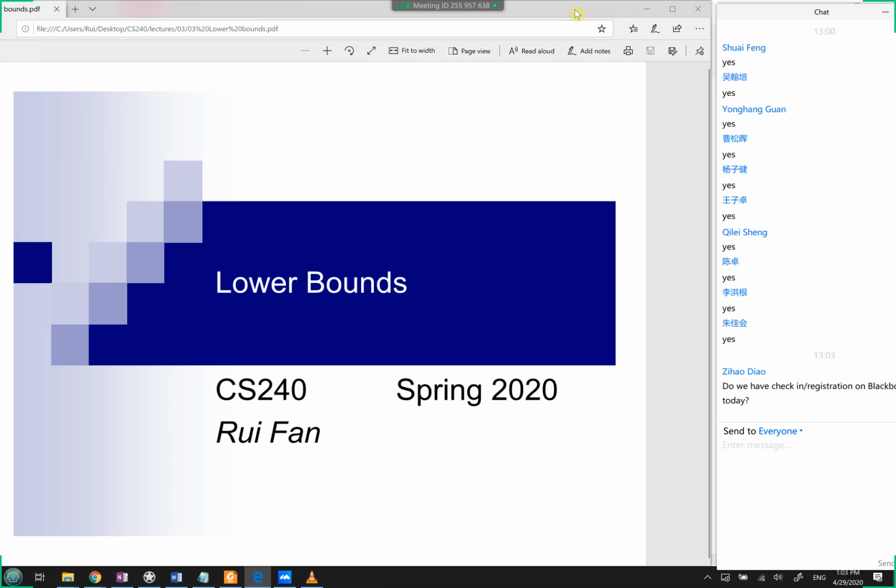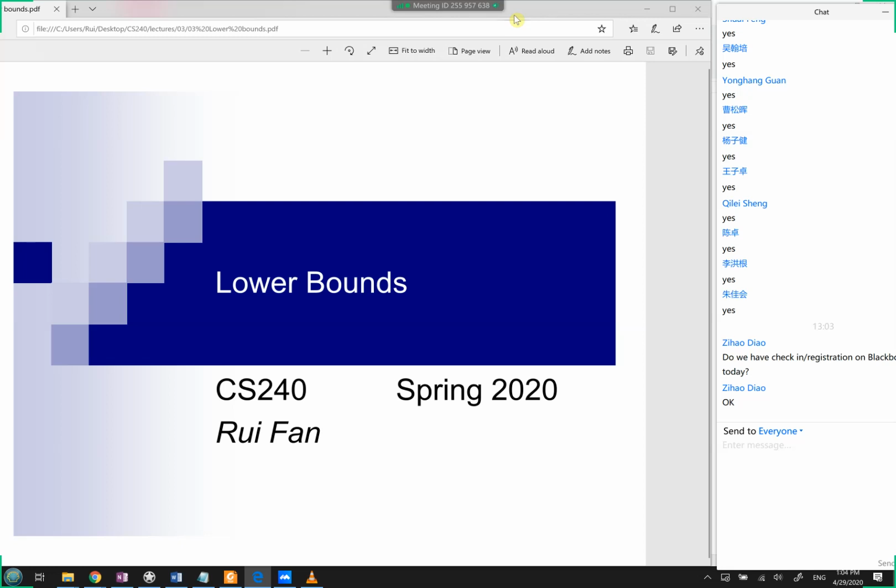So the reason we care about these lower bounds is because if you have an algorithm, then you want to know whether you should keep trying to improve that algorithm. So if you have a lower bound and you have an algorithm which can match your lower bound, let's say that you have a sorting algorithm which runs in time, let's say n log n time. Now you might be wondering, should I try to improve this algorithm? Should I try to get a linear time sorting algorithm?